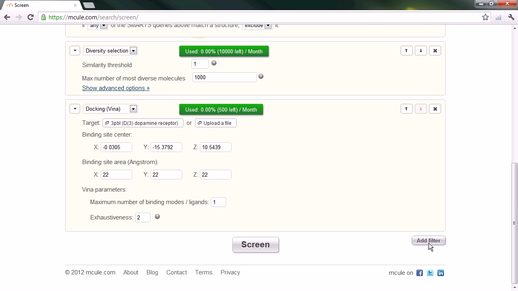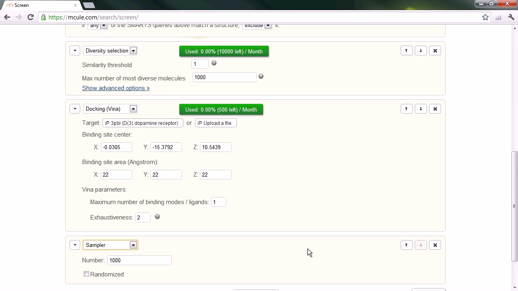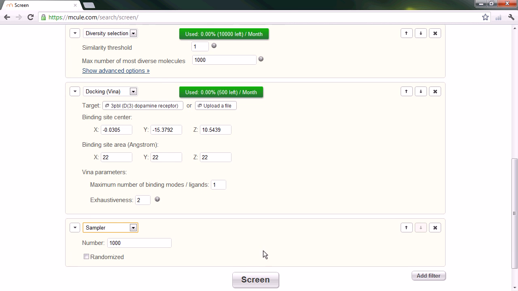Okay, I will just add one more filter. This is called the sampler filter, and this is actually very useful. What it does is, before the sampler filter, there might be 1 million compounds, but after the sampler filter, there will only remain the top 1,000 compounds. So it will sample the chemical space before the sampler filter, and you can,